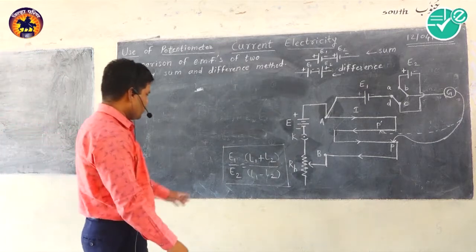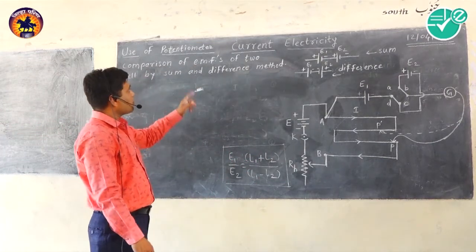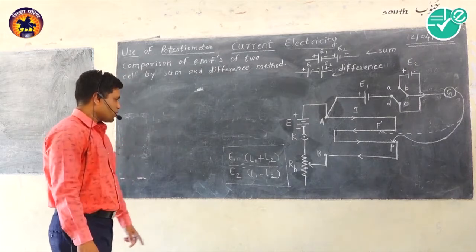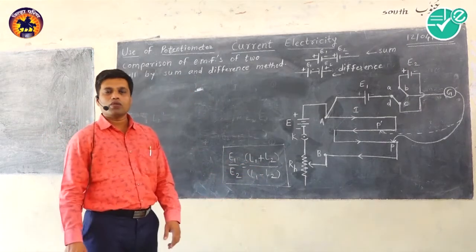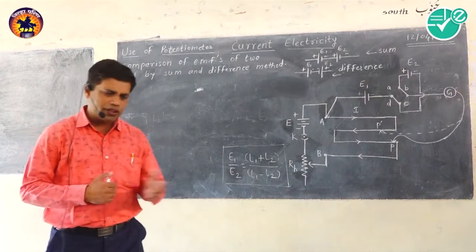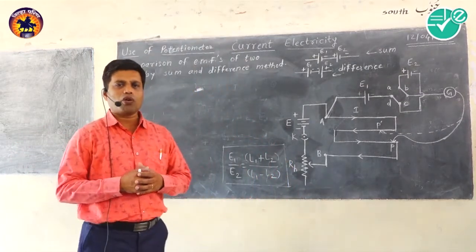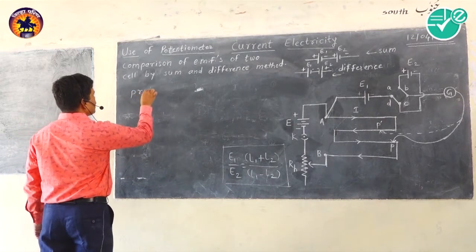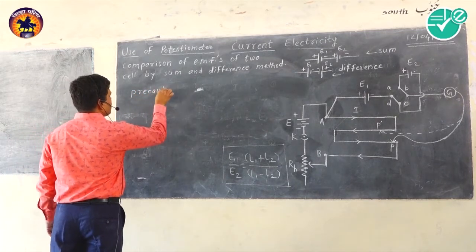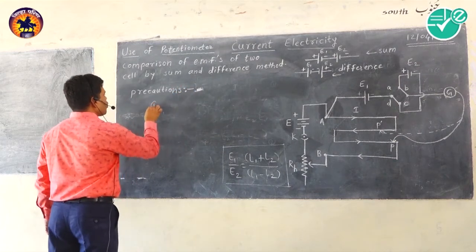We have just calculated this formula, the comparison of EMFs of two cells by sum and difference method, that is E1 upon E2 is equal to L1 plus L2 upon L1 minus L2. While using this potentiometer for sum and difference method, we have to take some precautions. While doing this experiment you have to adopt certain precautions. So the first precaution is that